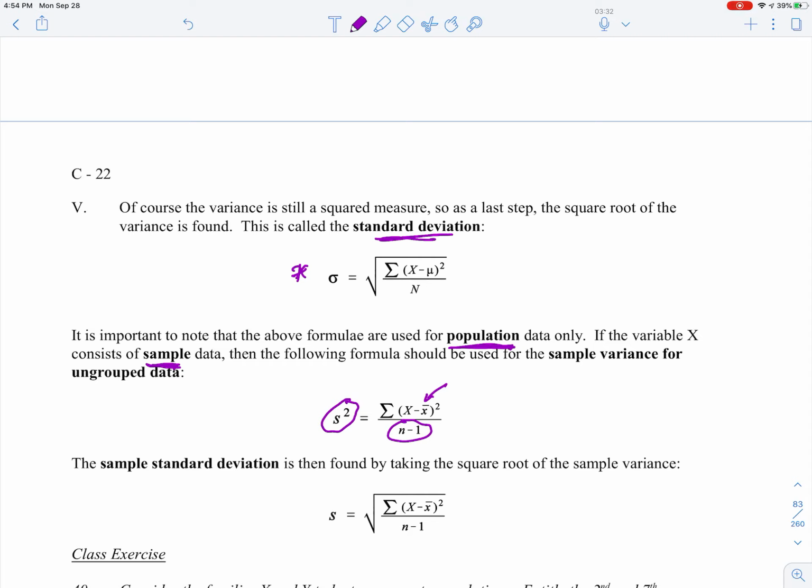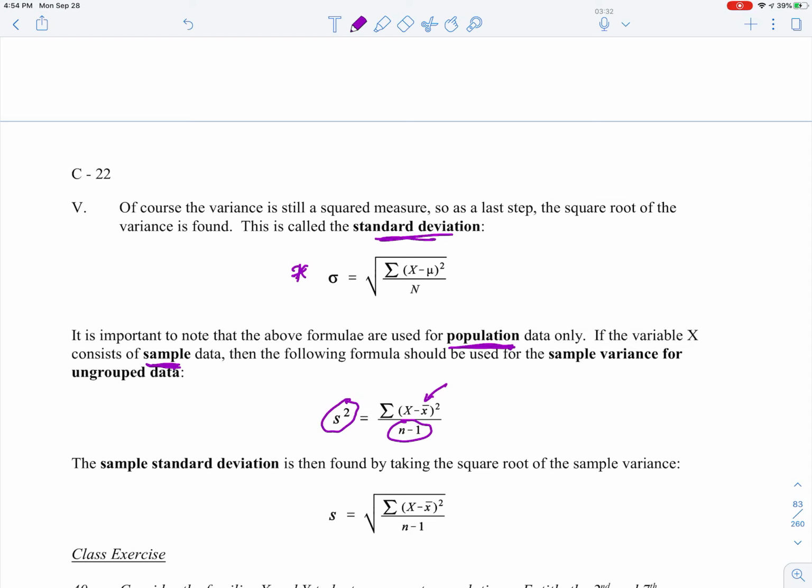n minus 1. That's interesting. So it's not just replacing the symbols like this. It actually uses n minus 1. And at this point, I'm not going to talk about why we would use n minus 1. It's something, again, which is a better estimator. It has something to do with, when we get later in the course, something called degrees of freedom. And at this point, I just want you to take it as